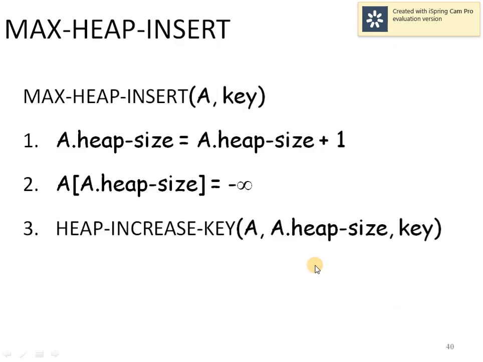So here is the implementation for this function. We have the max heap insert function, which is accepting A, which is an array for the heap, and key is the new value which we are trying to insert in the existing heap A. So first step is increase the heap size by 1. Initialize the value at this position, that is heap size, to a minimum value. Theoretically we are initializing it to minus infinity. And then we are calling the heap increase key function on the array A, which is nothing but a heap. We are calling this function for the index position heap size, and the new value we are trying to insert,